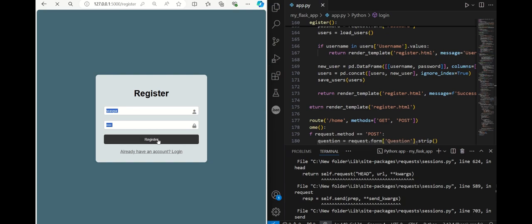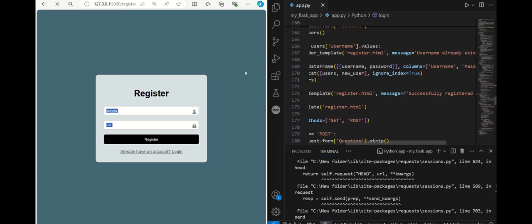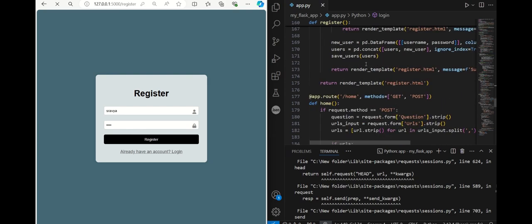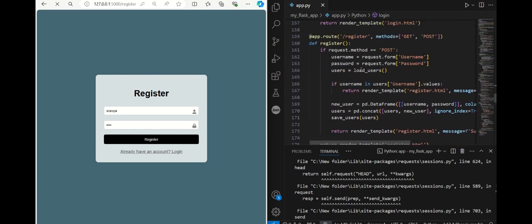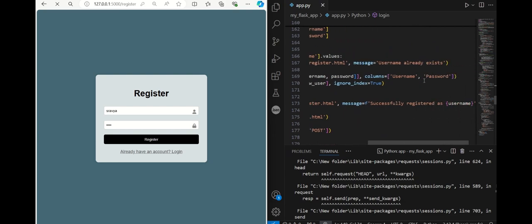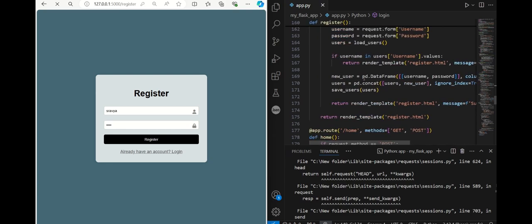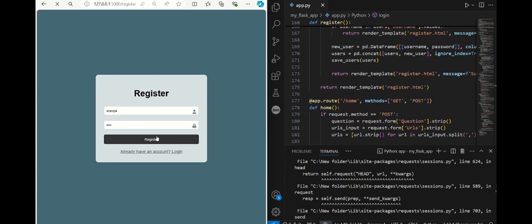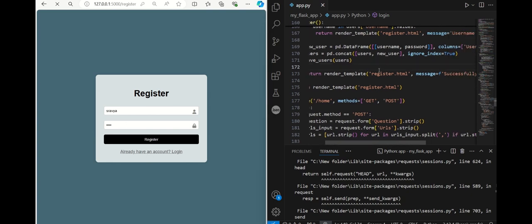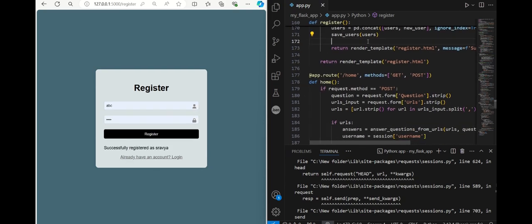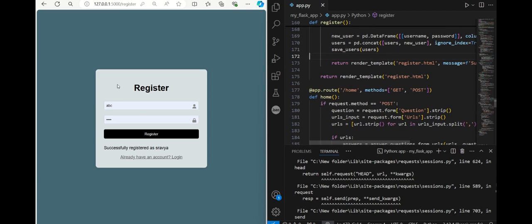Okay, now let's check register. So now it's registering, right? After this, it will read that data frame, meaning users.csv has been read, and the newly created Stravia with the password 1234 is appended to the username and password columns in users.csv. Now, to save this abc, 1234 in that users.csv, we used this save_users